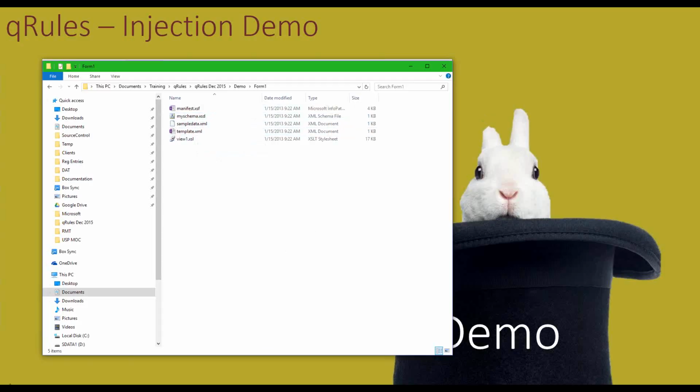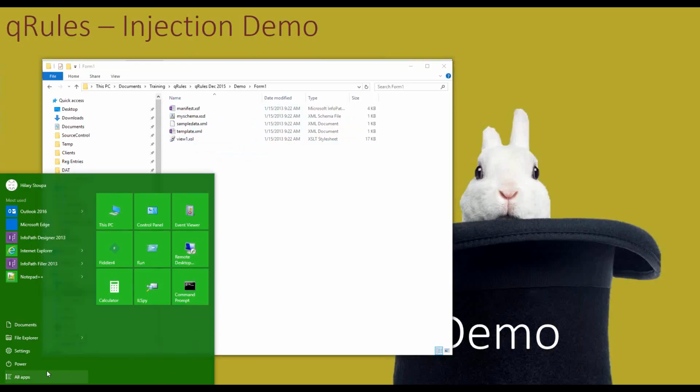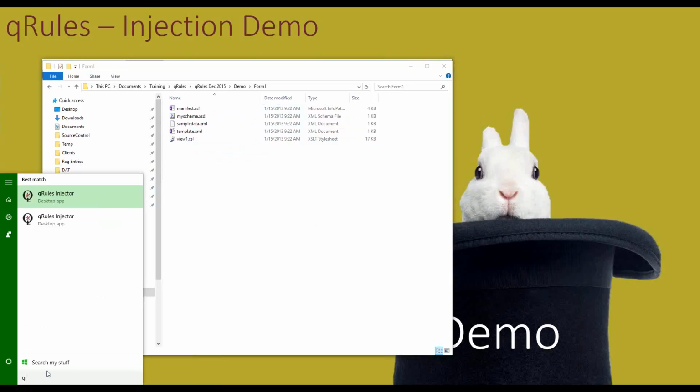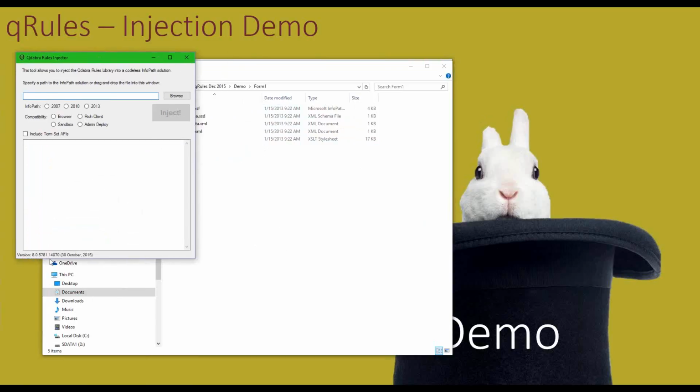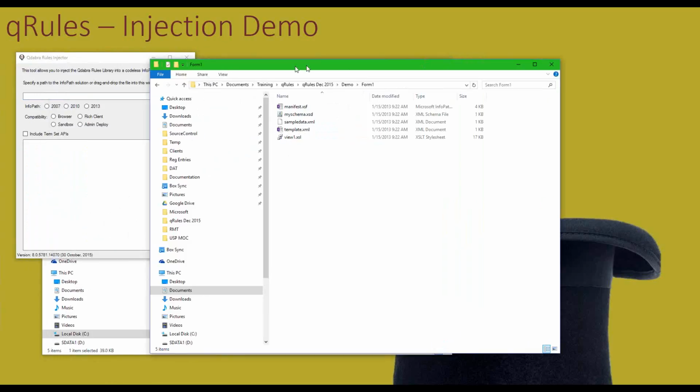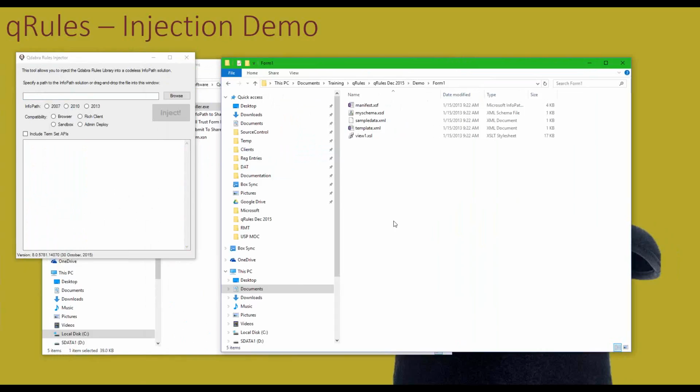So this is what our form has, which is virtually nothing. And here is, I hope this is not the trial. I've got 2 of these installed, so hopefully this is not the trial version. It's not. Okay, so here's my qRules injector. You'll see the version number down here is a little ahead because I develop on it, so sometimes I end up with weird things installed in my machine, quite frankly. But you can always tell your version by looking down here in terms of what version your injector is.